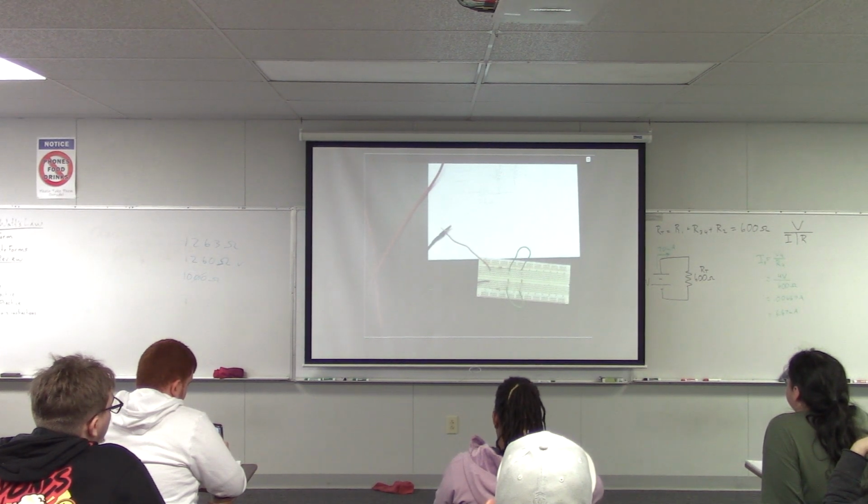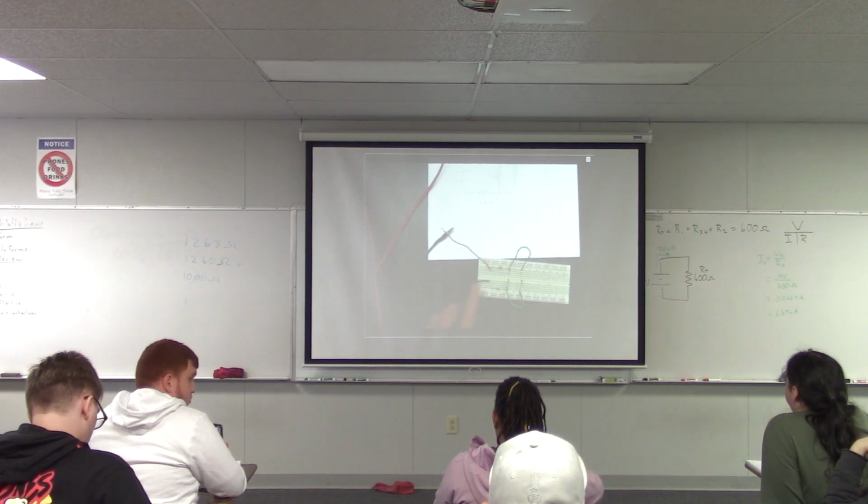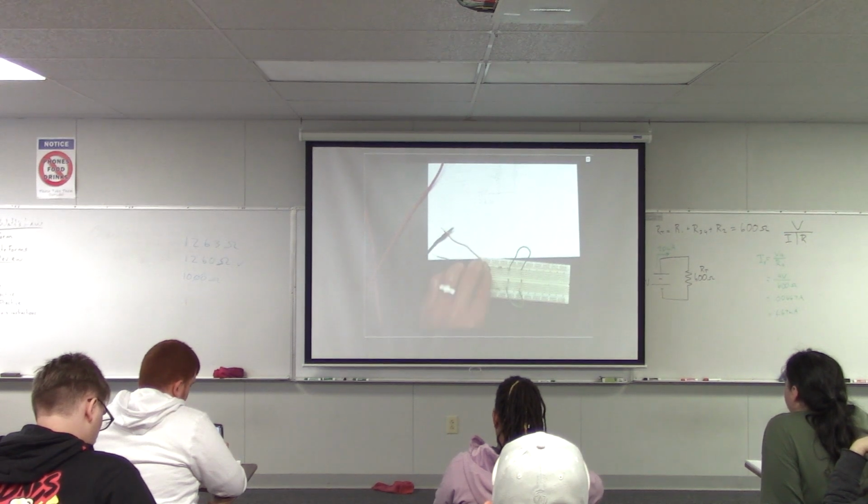And to measure the total current for the board, the total current is the current that's coming out of the power supply. So you would have to break the circuit apart where the current comes in from the power supply. So the current is coming in from the power supply on one of these jumper wires here. So to measure that current, you could take the jumper wire out,